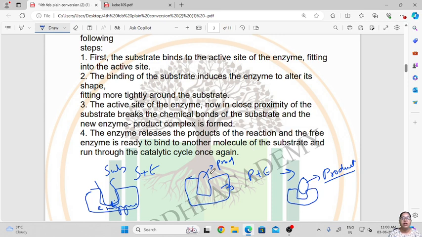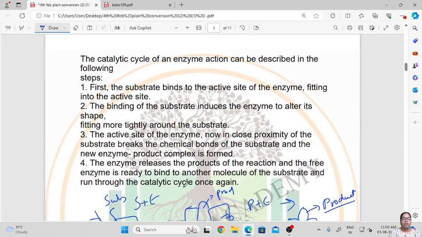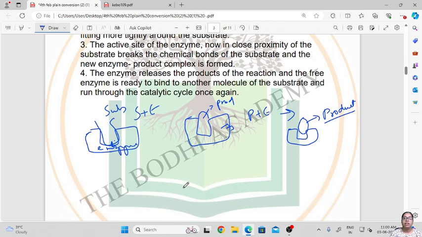So after the enzyme substrate complex, the product will be formed with the reaction of enzyme and the substrate. Once the product is formed, the enzyme will release that product, and then that enzyme is now ready for another substrate to bind to it and continue the catalytic cycle. So this is how the enzyme acts upon any reaction in which it occurs.